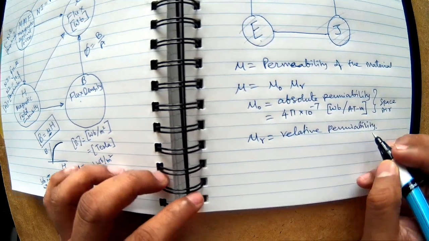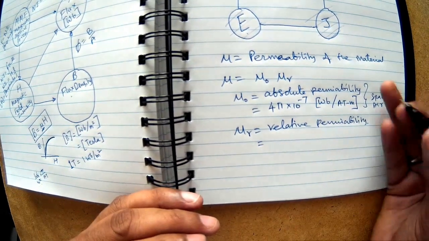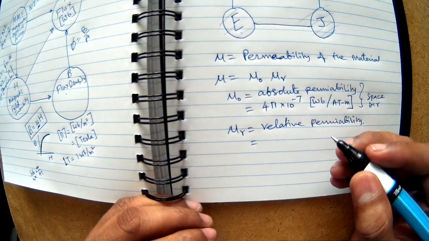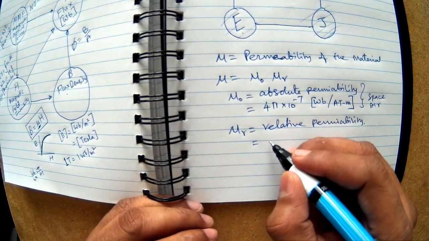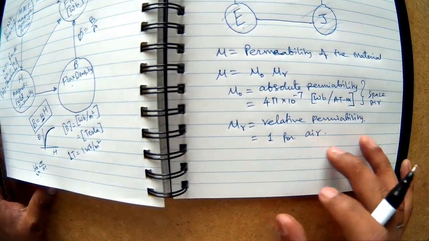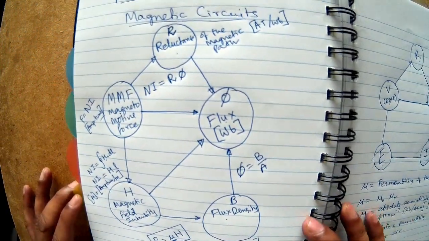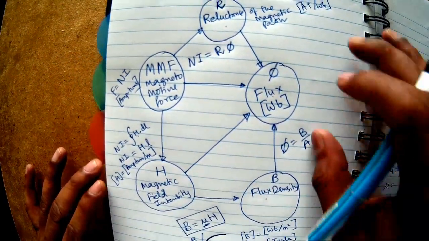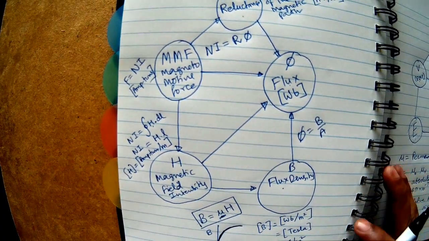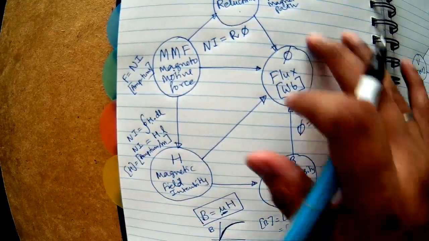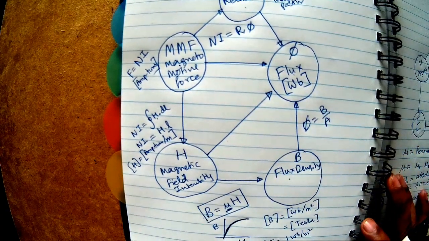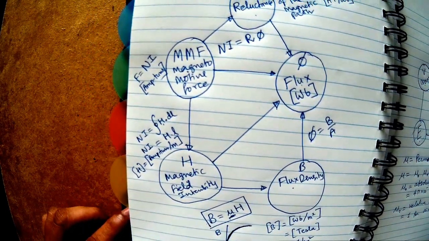Now relative permeability, compared to that, is a unitless quantity, it's just a factor. For example, it is 1 for air. More relative permeability values we will see while we solve the problems. So I think this is just the procedure. Let's continuously solve some problems, and everywhere we solve, we use this as a map to understand what is given, what is not given, and how we can solve it. Okay, so we'll see more problems on this.